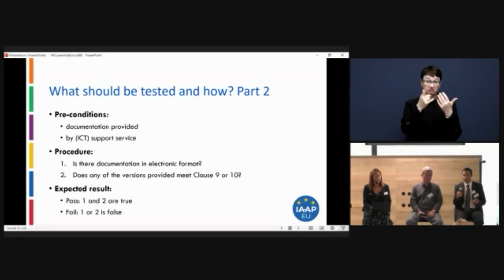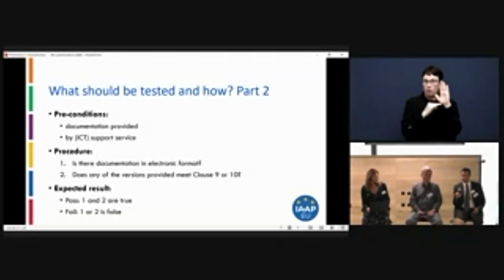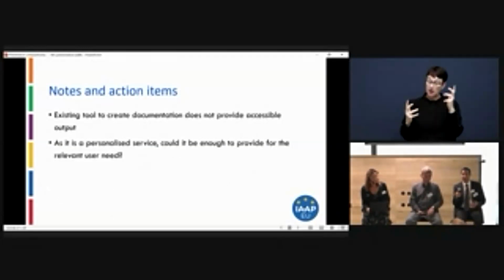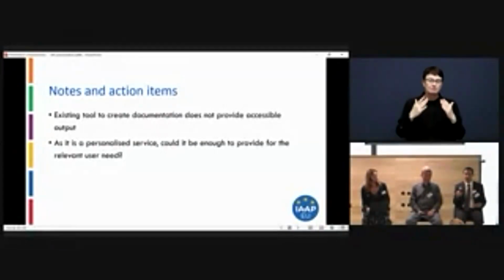And if we have time for just 2 comments more, next slide. 2 interesting questions that came up. What if the tool that the support service uses is not able to provide accessible format of a documentation? So it's kind of the legacy question. Should that be at least a temporary excluding factor?